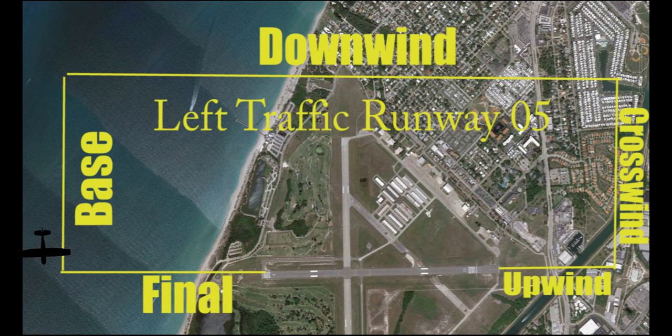So we've gone ahead and turned final, roughly 500 feet AGL, and again, this is just final approach. It's not a left final, it's not a right final, it's just straight in final. So there's never going to be such a thing as a left final or a right final, despite what some joker might tell you. As we make our final approach here, we're going to take into account any crosswinds, any